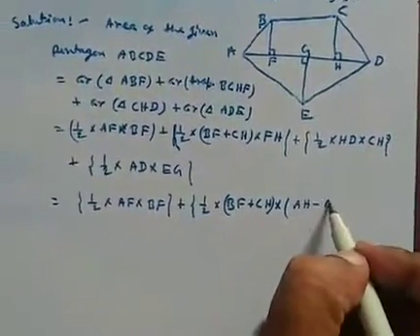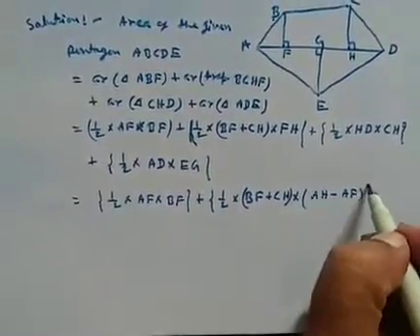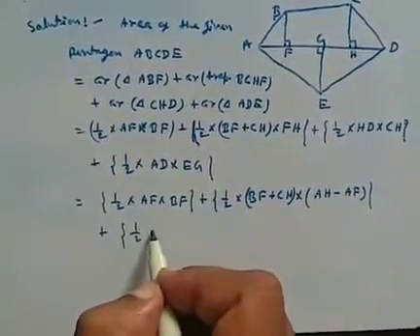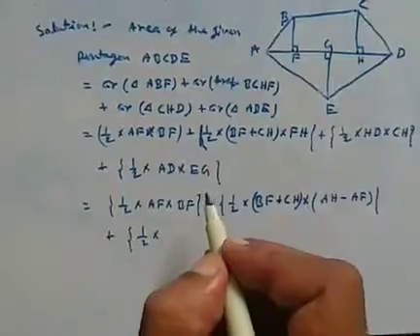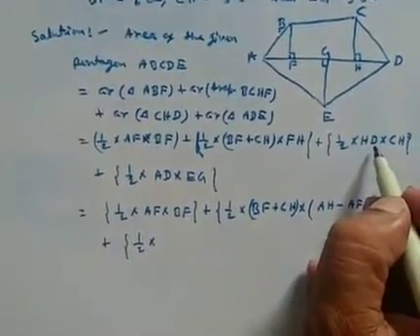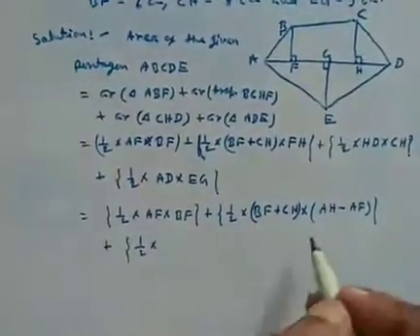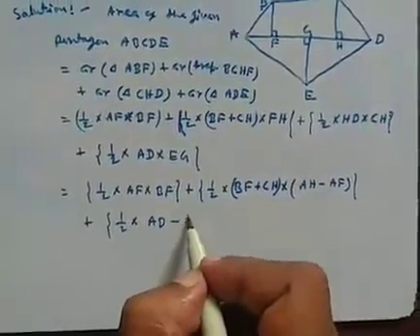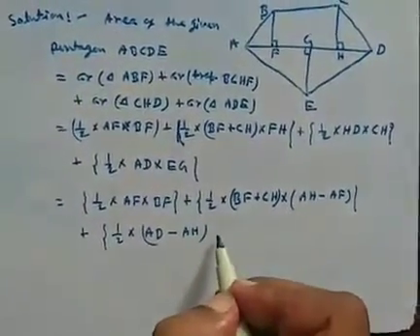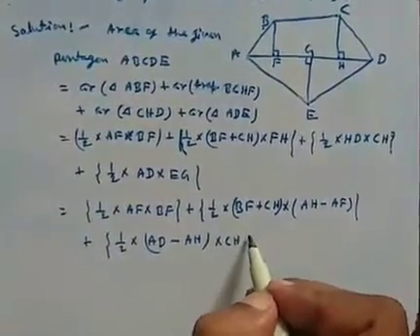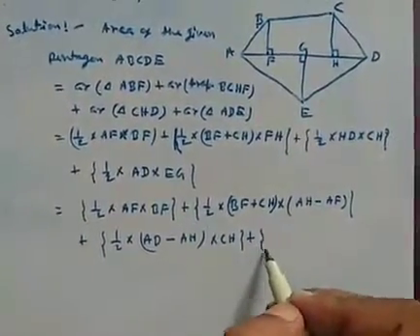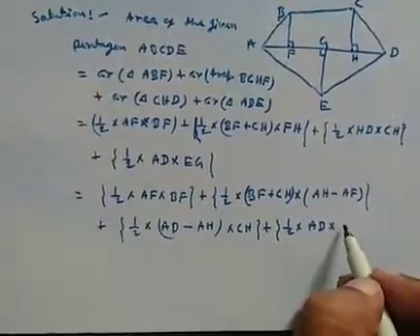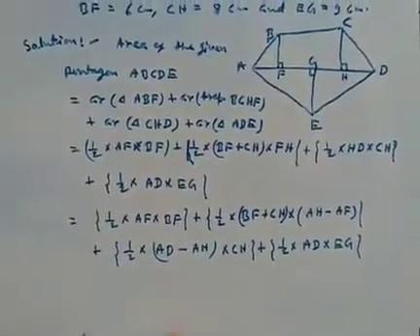Plus half into HD. HD is equal to AD minus AH, into CH, plus half into AD into EG, equal to